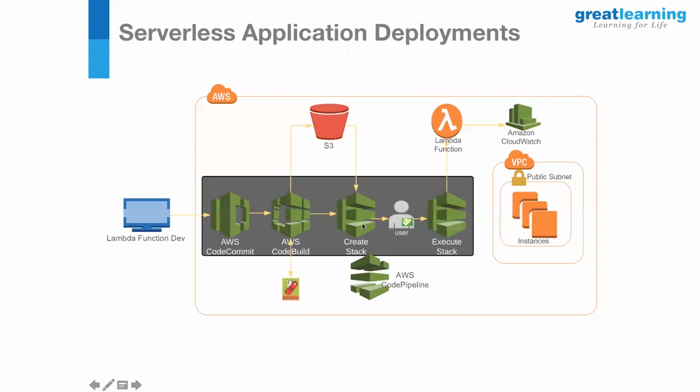Now here are 2 different things, right? One is create stack and execute stack. What it does basically. So in your buildspec.yaml file, especially for dealing with serverless application deployment, you have a very specific line called AWS CloudFormation package. So this, when specified in the build phase of buildspec.yaml, converts the SAM template into CloudFormation for create or replace stack.